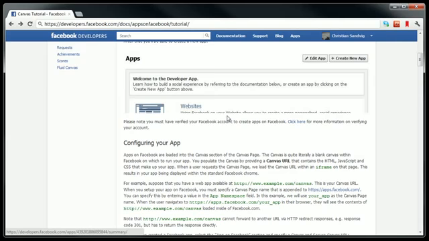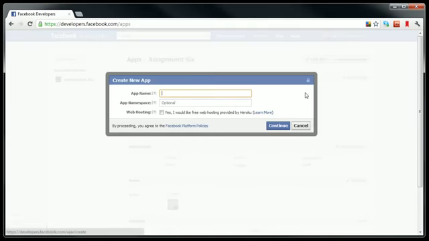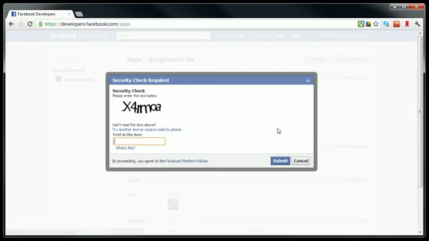The next thing you want to do after that is simply press the Create New App button in the Developer app. So let's go back to the Developer app and hit Create New App. You'll have to name it. I'm going to call mine whatever test app. I don't need to worry about anything else here, and then I'll hit continue. To prove that I'm actually a human,